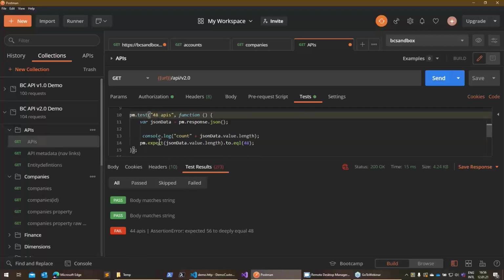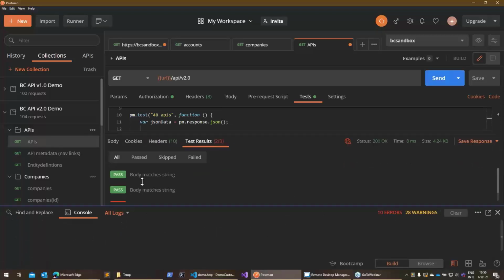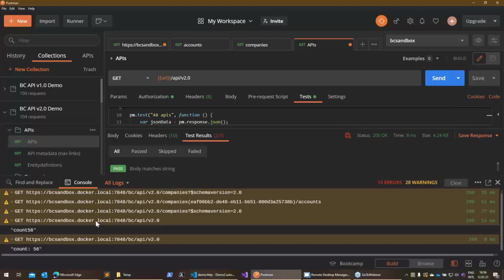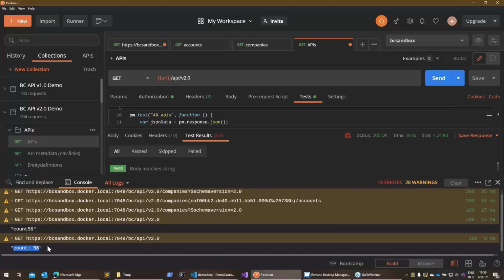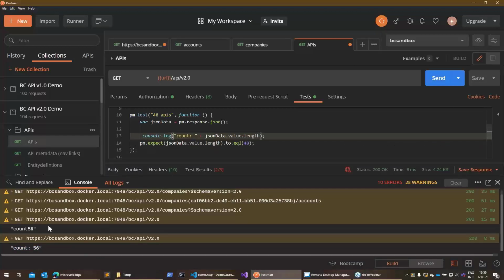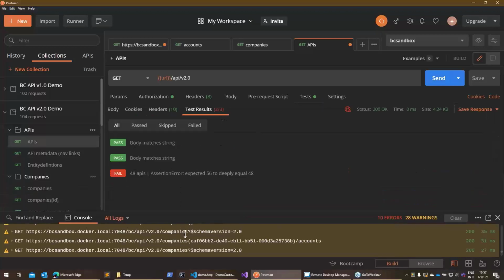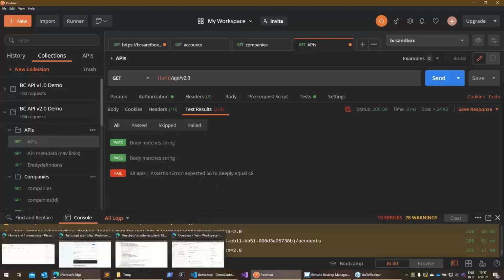And what's more, I also have a console.log here with a count. Let me give that like this, count, and then send. And here on the console, there we go. It says count 56. So from my test, I can put some data in the console. I can have test results over here. And you can imagine that in this way, you can build up complete tests